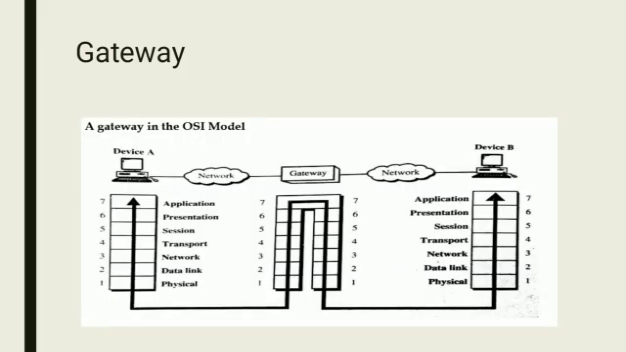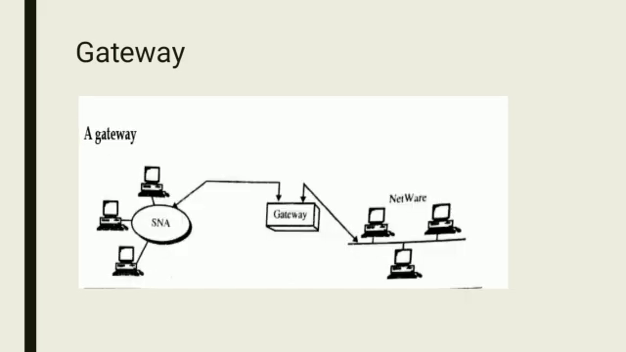This diagram clearly represents the OSI model of the gateway. It is implemented in all layers of the OSI model. So a gateway is mostly used on different types of networks. In this diagram, the first one is an SNA network and the second one is another network. So different types of networks can be connected through